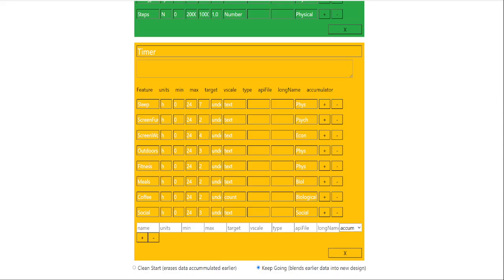Now let's assume next time I decide that this general class, fitness, is too broad, too general. I would like to narrow down and specify some specific activities here, like swimming, running, and cycling. In the next mission I get rid of the fitness activity as a feature, and instead I have 3 new features: swimming, running, and cycling. What happens now is that the fitness record gets interrupted, and the new records start with completely different names and